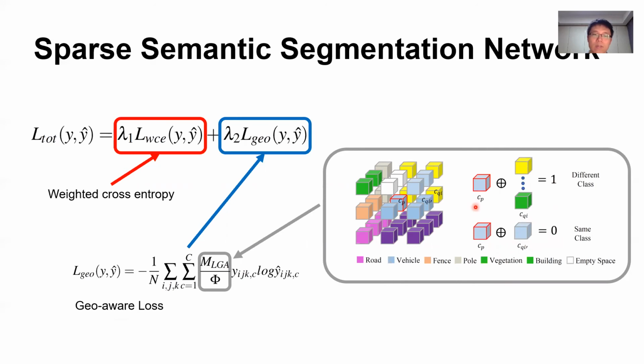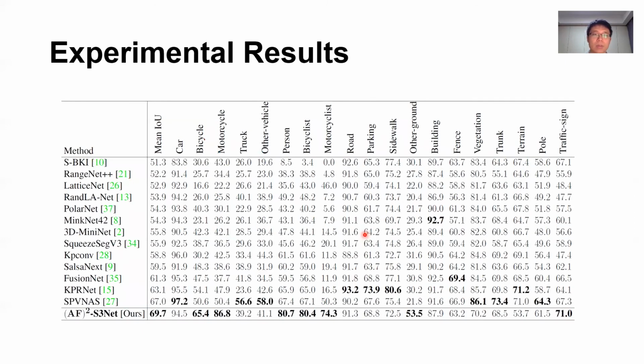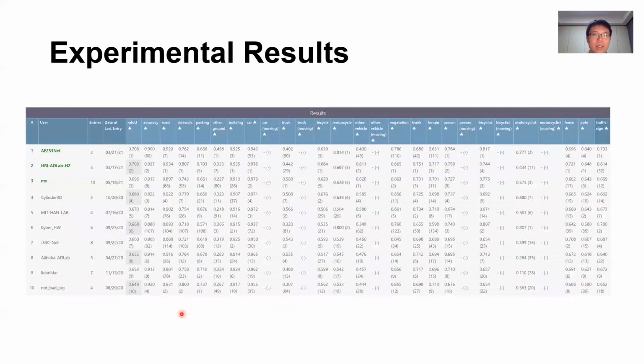When the network has higher confidence in the semantic predictions, the major area contributing to the error lies on the boundaries of the semantic classes. This local GeoAware term has a large value around the border and diminishes the effect in the center of each semantic area, which is geometrically equivalent to the focal loss. As of this talk, our method is still ranking first on both the SemanticKITTI and nuScenes benchmarks.